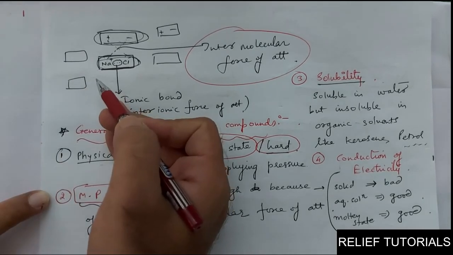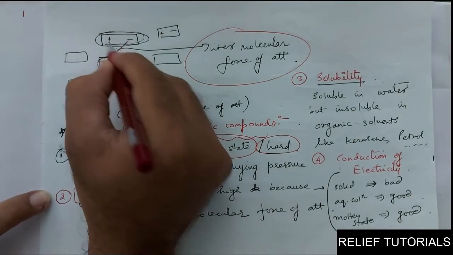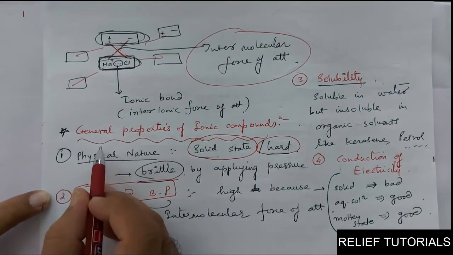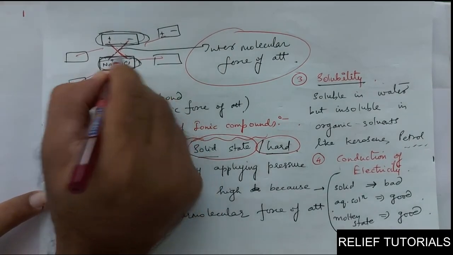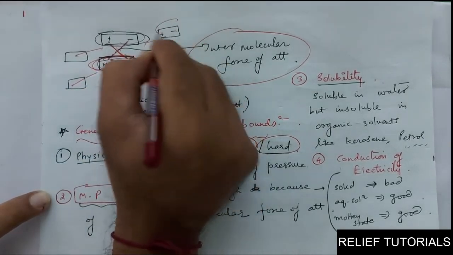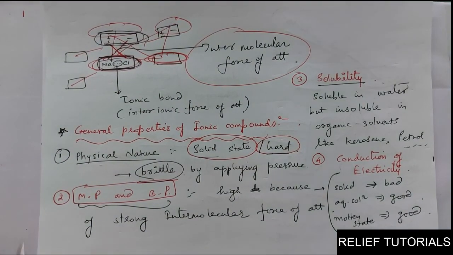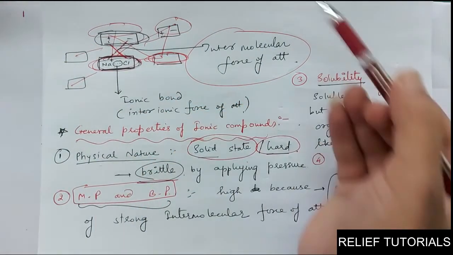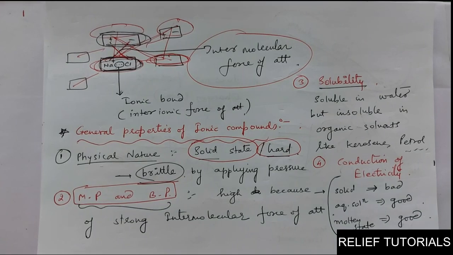So when you try to melt it, it requires a greater amount of energy to break this bond between molecule and molecule. I am not talking about breaking the bond between two ions. One molecule of NaCl and another molecule of NaCl, third, fourth, are very close because of the force of attraction. When you try to melt it, you have to take them away from each other, and for that you have to break this bond. To break this bond they require an extraordinary amount of heat energy, and that is why they possess a high melting point.